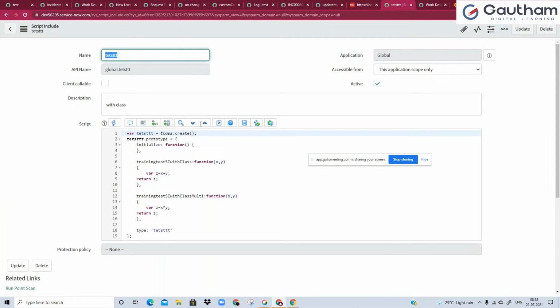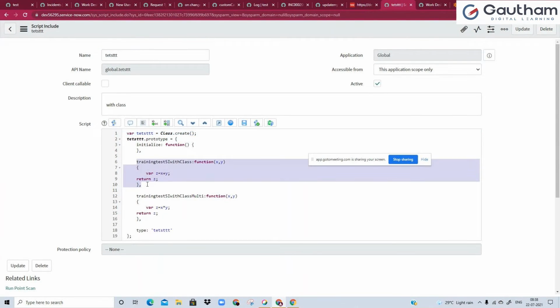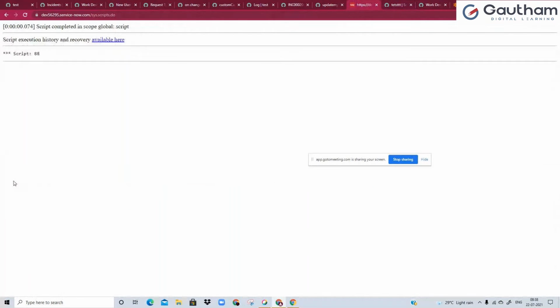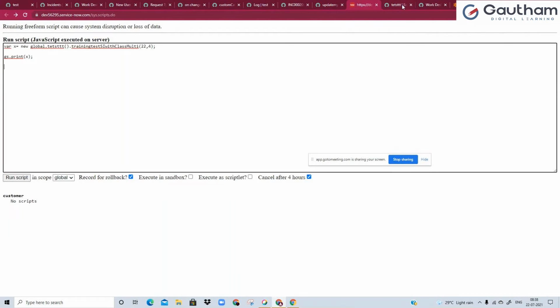two functions. If you see on the screen, we have two functions now. One is this function, the other one is this function. So instead of the first function, I'm calling the second function. So if you run it, you should see a multiplication answer being written. 22 into 4 is 88, right? So like this, you could write